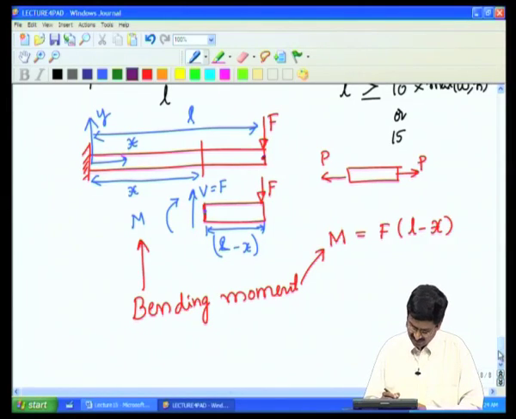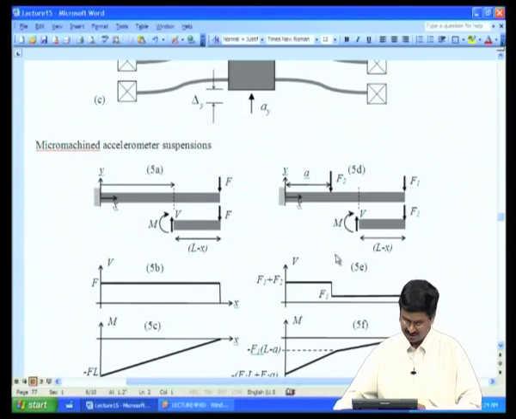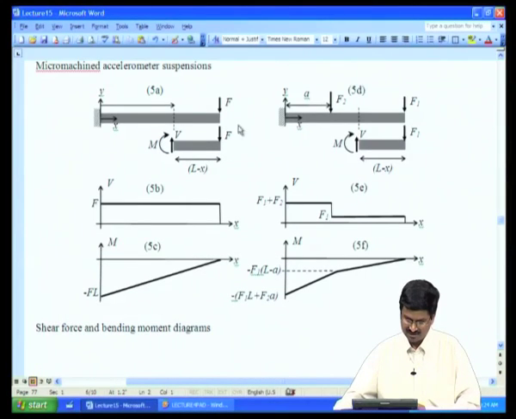In fact, we can draw the bending moment diagram for this and also the shear force diagram, which is shown in this picture over here, the left side picture. As I take sections at different points, I will see that this vertical shear force V remains constant, that turns out to be just V all through from x equal to 0 to L, whereas the bending moment will be 0 here, this is L minus x, this is 0 there,